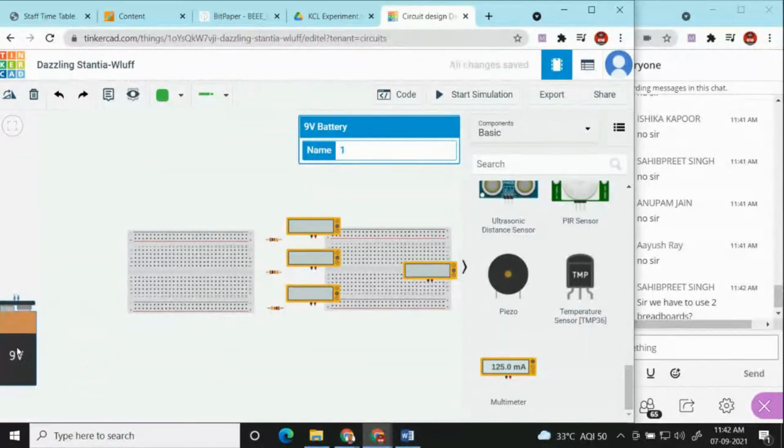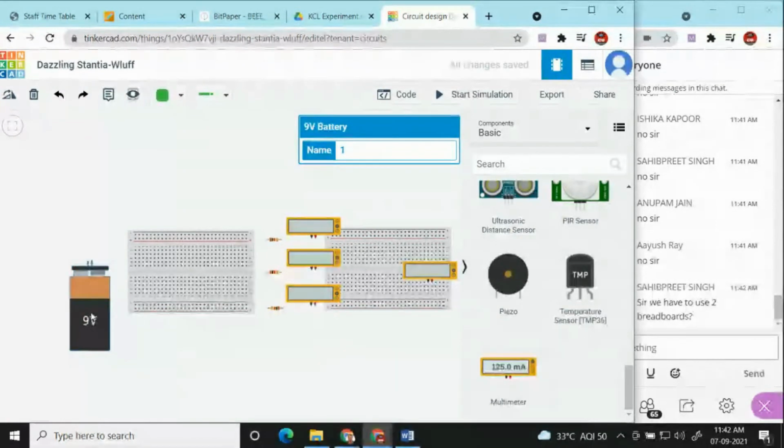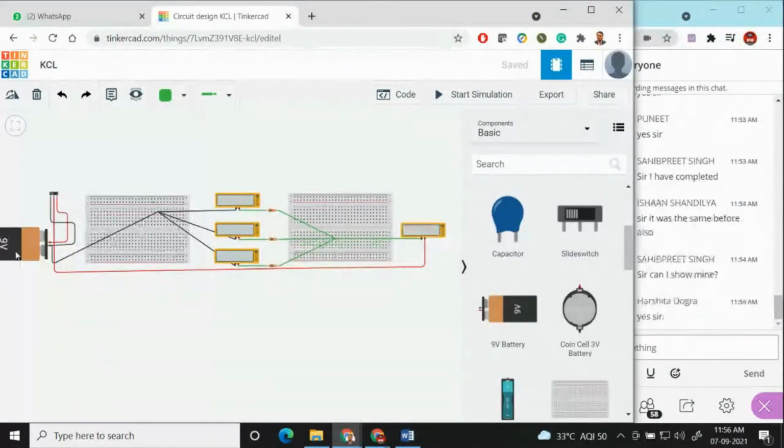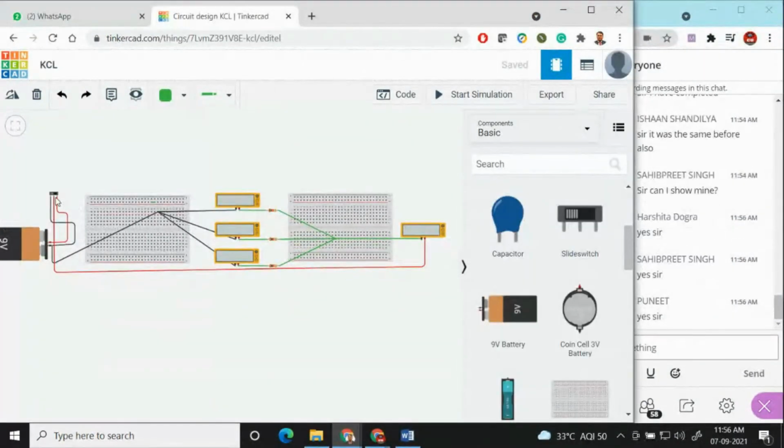We have to use connecting wire. So you can select this particular terminal. Here is a positive terminal, that is red. This is a negative terminal. It's your choice. You can select this component according to your choice. Here we connect the 9 volts supply to the switch. Then all the resistances we can connect according to this, and we will calculate. After this, what we will do, we will click on start simulation.